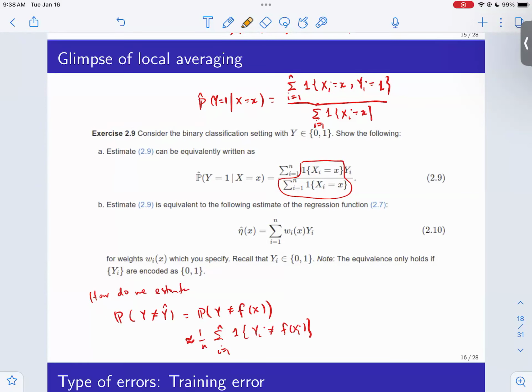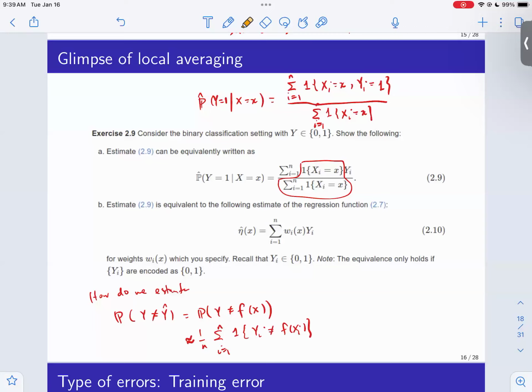So if there are 5 examples in the training data set whose features match the current one that I'm looking at, little x, then this weight is going to be 1 over 5. And then I'm just going to sum the yi's with this weight. So there are 5 of them. So essentially I'm averaging. So 1 over 5 summation of 5 yi's. So I'm going to average over yi's for which my current feature matches exactly those training features.